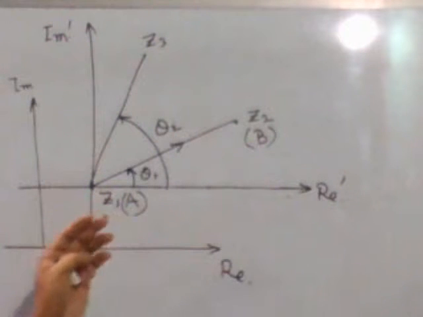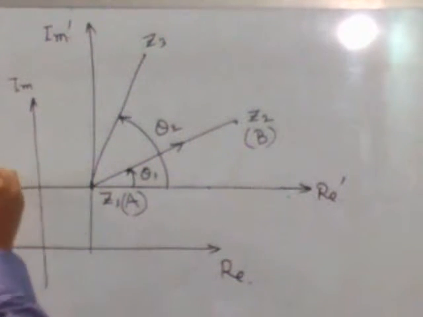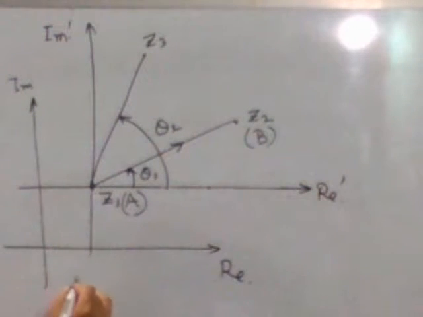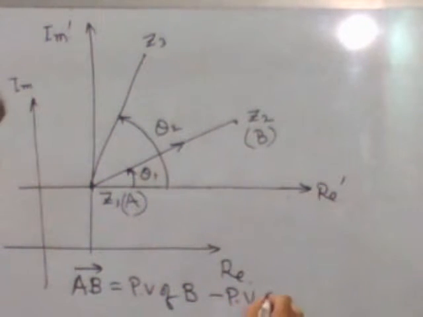So this will give you the vector AB. Just for your note, AB vector is actually the position vector of B minus the position vector of A. So any vector can be represented as position vector of B minus position vector of A. Means if it is BA vector, then it will be position vector of A minus position vector of B.